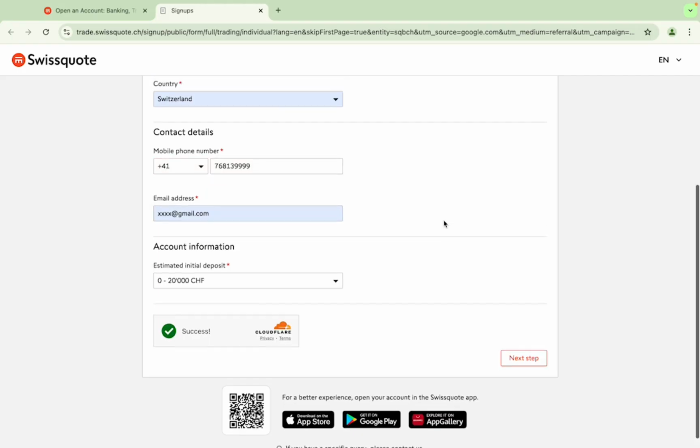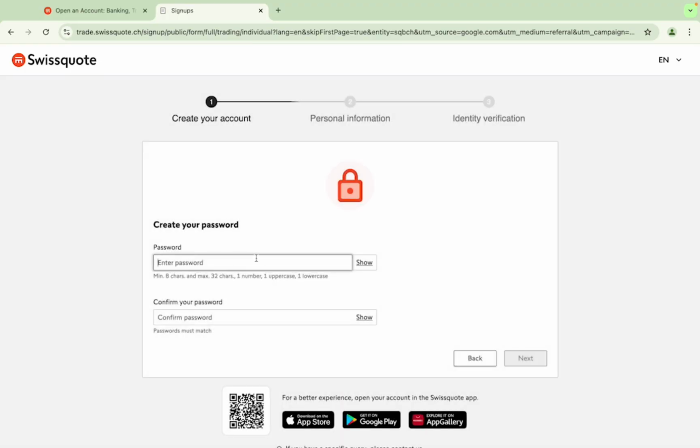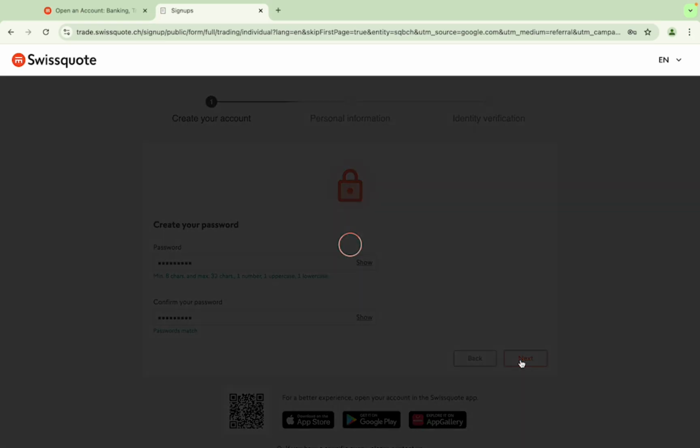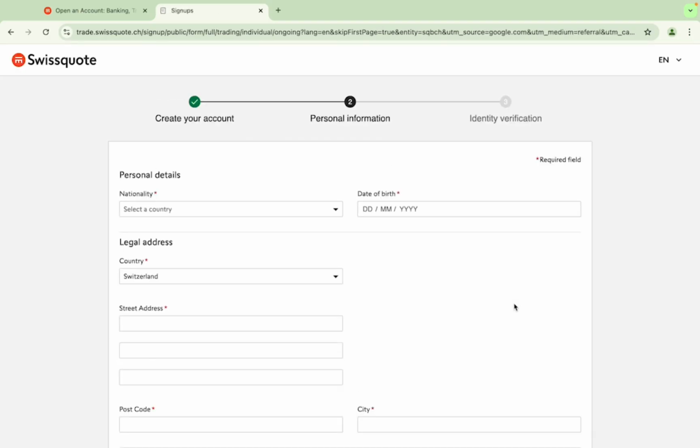Email address, and then next step, they will ask you to put a password and confirm your password. Again, it's very straightforward, right? Yeah. Next step. Yeah, they will send you a verification email. So be sure it is your real email instead of this. And actually, then you can click on to the next